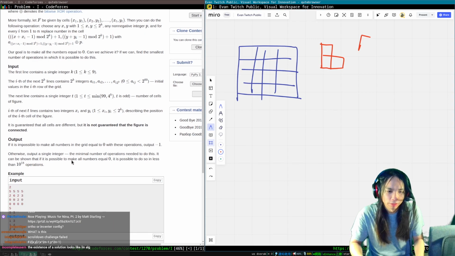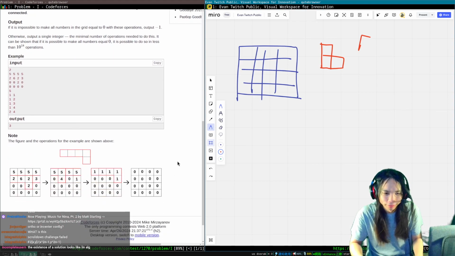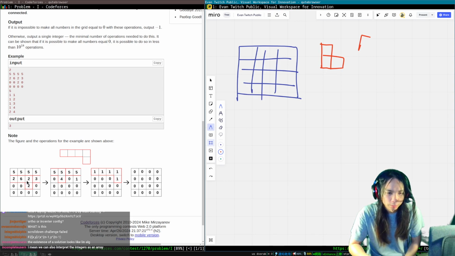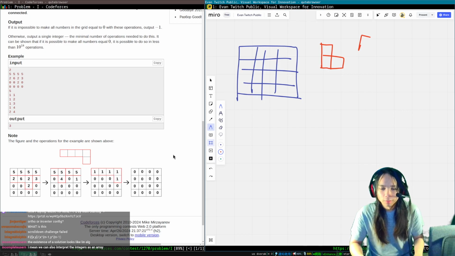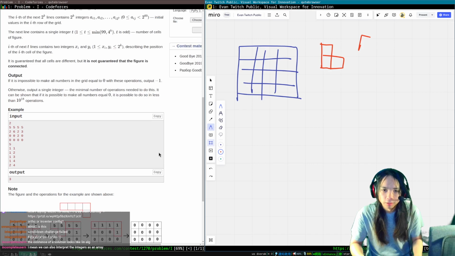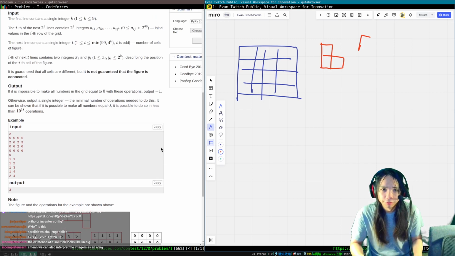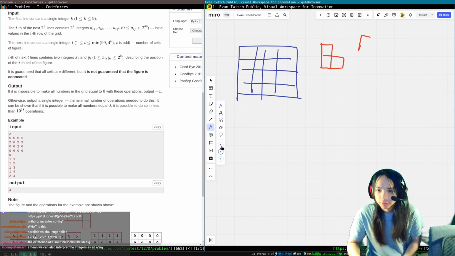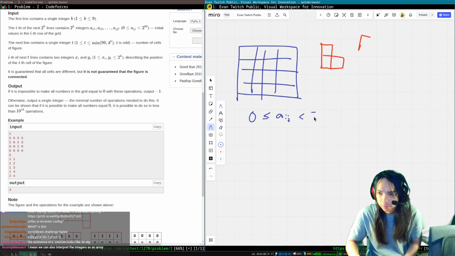So maybe if I show the example, here's a 4x4 grid with some numbers inside it, and if my shape was this long L or something, then I can XOR all of these by 2, and then XOR all of these by 4, and then XOR all of them by 1. So already there's kind of multiple copies of the problem, because the different bits don't talk to each other. So the constraint on the input that a_ij is less than 2 to the 60 means that